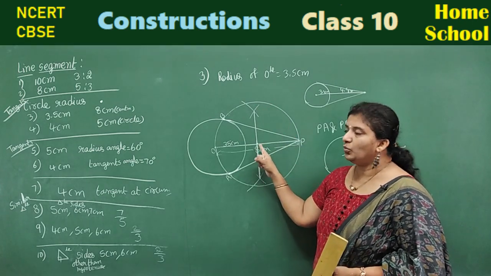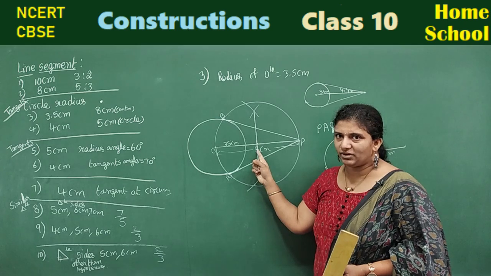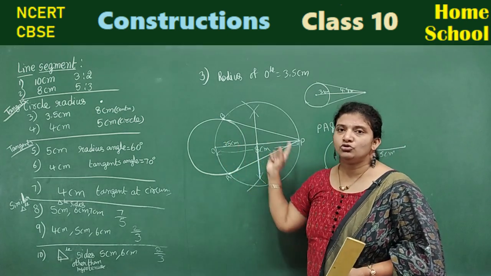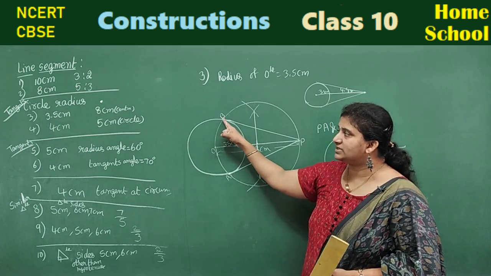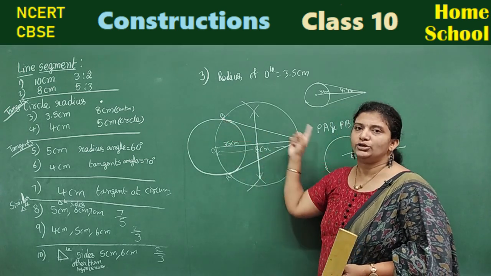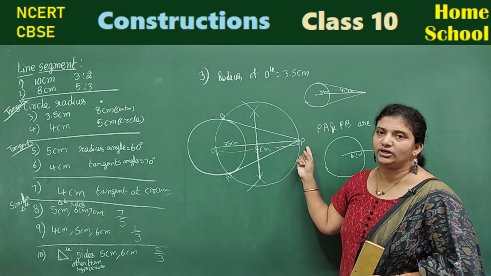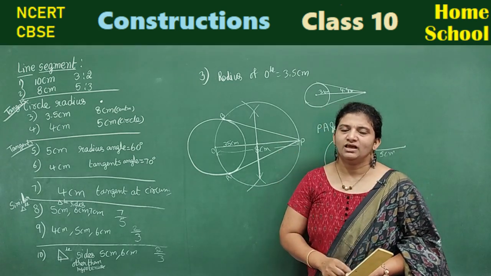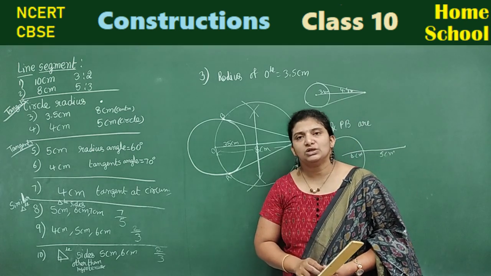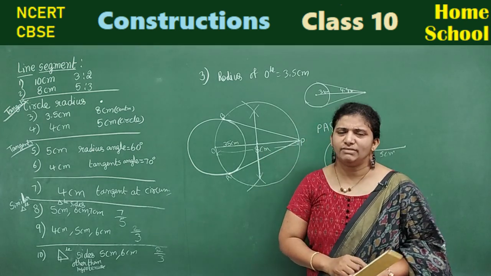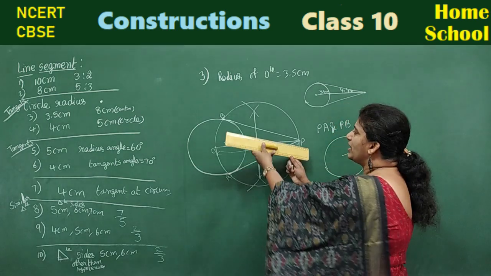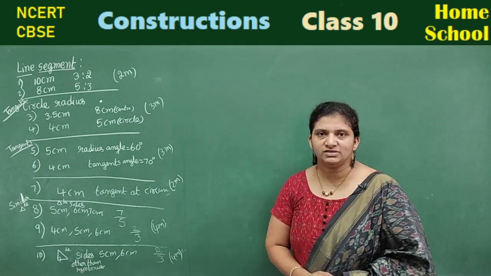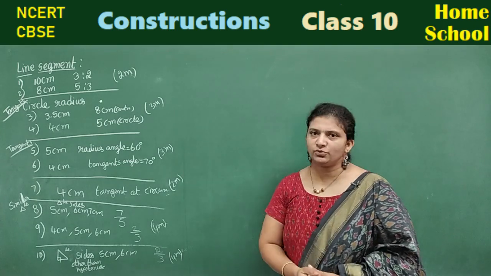Then the bisector, where it is touching the line segment, from there measure and draw the circle. New circle where it touches the old circle, from that point join the external point. Those are the pair of tangents. Okay, they may ask you to measure the tangents. Measure means with a scale you can measure the length of the tangents. Coming to 3 marks, one more variety of problems you can see.